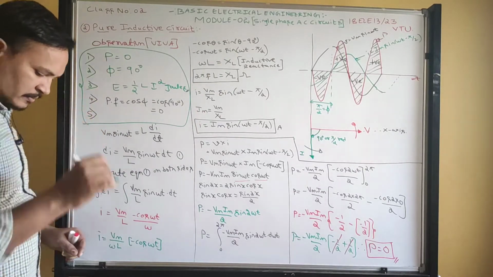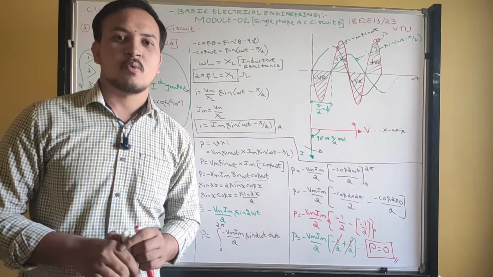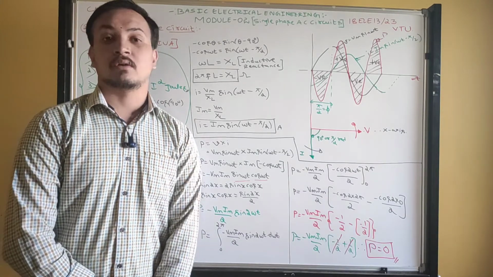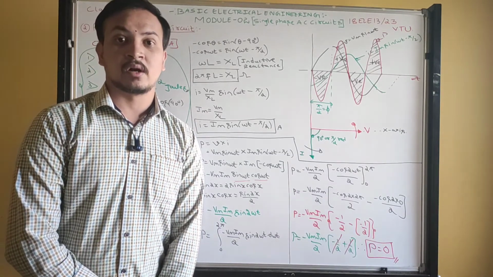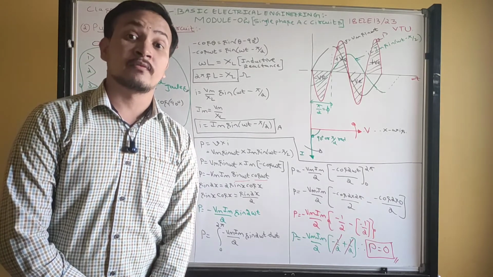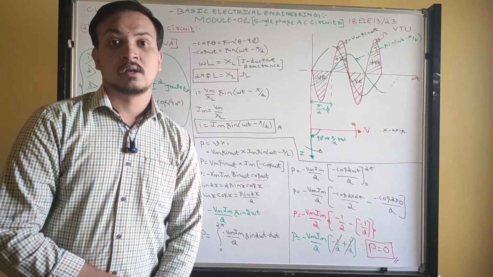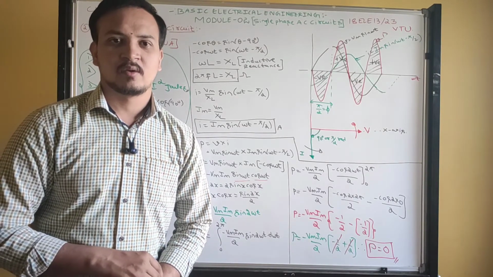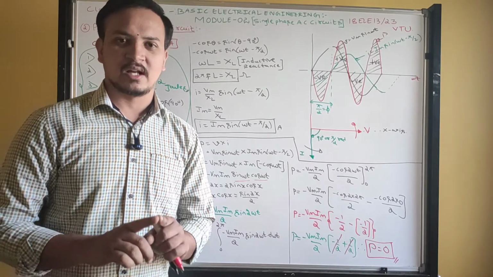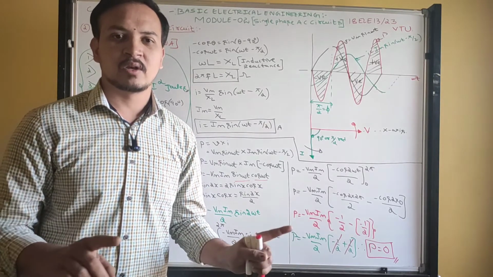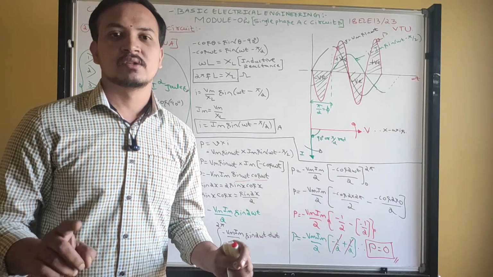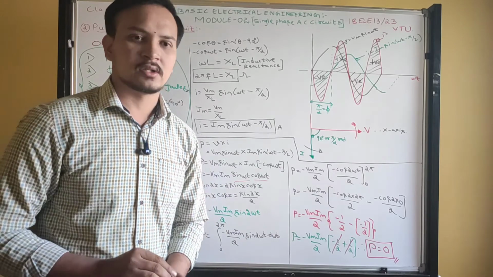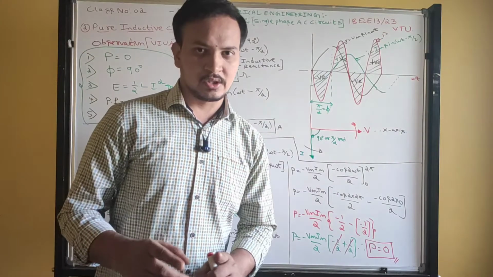Remember, in viva they will ask what is power consumed in pure inductive circuit. Don't say power is equal to VI cos phi. They will give options also, 100 watt, 200 watt, 300 watt. None of this is the correct answer, because if they tell 0 watts, 100% you will say the same answer. So pure inductor never consumes power. If that 0 is not in the option, then definitely none of these.